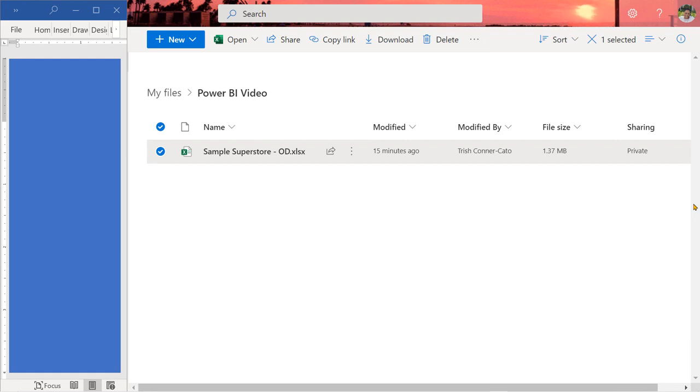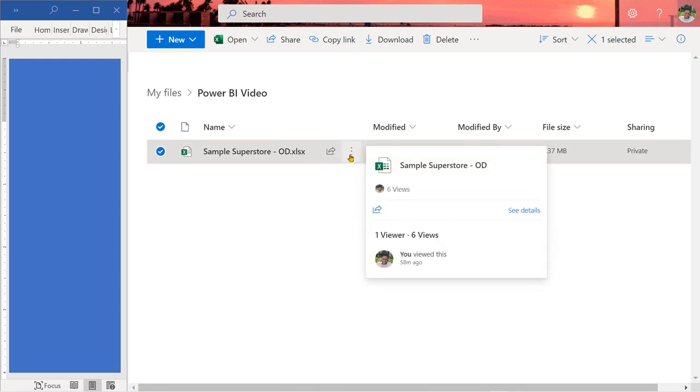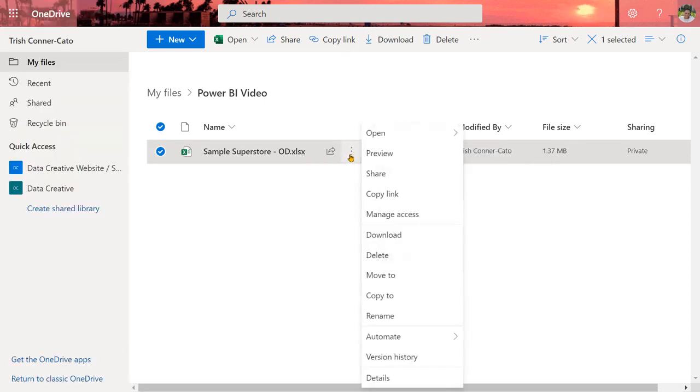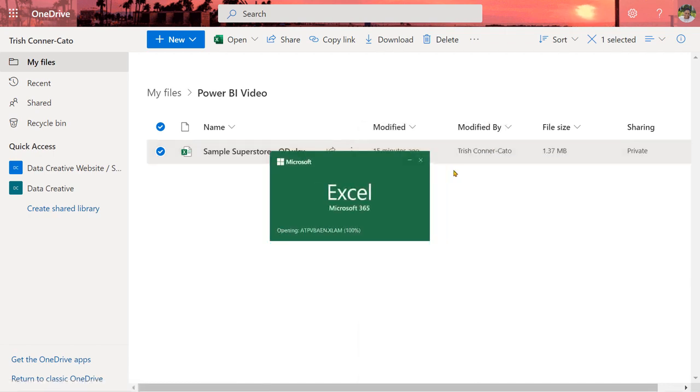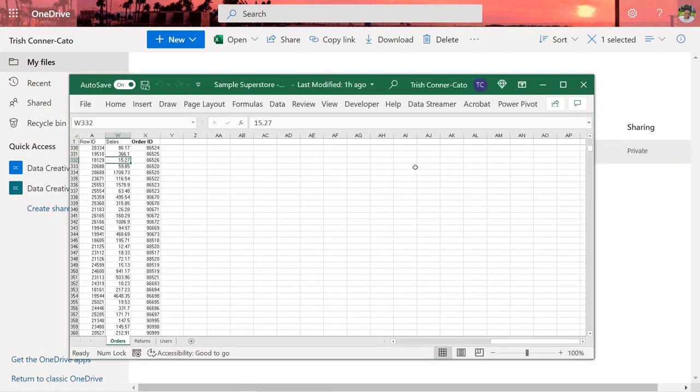The tricky wicket with bringing in something from SharePoint or OneDrive is you can't just copy the link that's up here. You actually have to open the file in the Excel desktop application. So I'm going to go to the More Actions button, hover over Open, and choose Open in App. This is the only way to get a link that you can use to bring it into Power BI Desktop, just like you would bring in a web file. Once I have it opened,